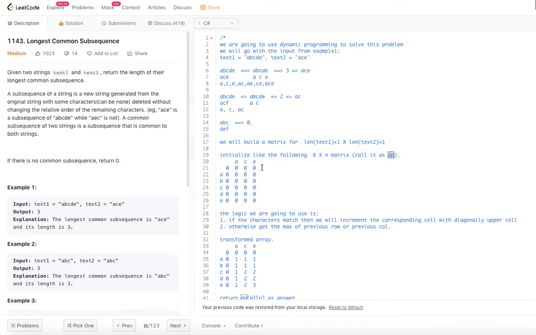This is a convention that I am going to use: there are 6 rows and 4 columns. The first row and the first column are initialized to 0, but for initialization's sake, all elements in the 6 by 4 matrix will be initialized to 0. So that is the initialization.